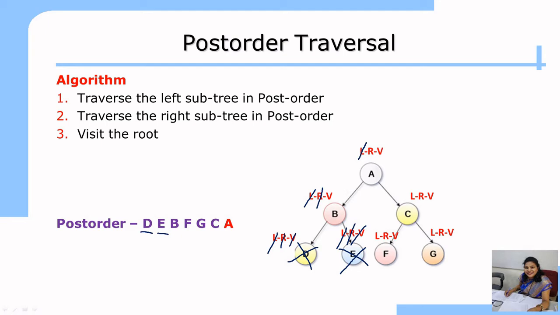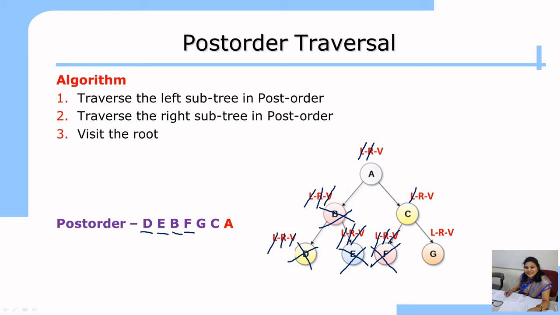Next you come to the B. Only one step is remaining, that is visit the vertex. So you write the B here and go to the root node. L we have already performed. So you go to the second step, that is go to the right side. Since you are performing this step, going to the right side, you cut it. Okay. So again the first step is go to the left side, you come here. Again, first step is go to the left side, there is nothing at the left side of the F. Go to the right side, there is nothing at the right side of the F, then visit the vertex. So at this step you print the F here and cut it.